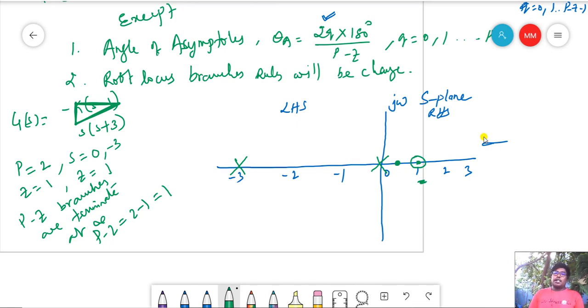Okay, it's clear. Now I will keep another point somewhere here. Check whether the right side is odd or even. See, I have 1 pole and 1 zero, so total 2. So even number. Therefore, whatever the point I kept in the real axis, it lies in the root locus. I am drawing the root locus here, only a single line. I want to draw a thick line. This is my root locus.